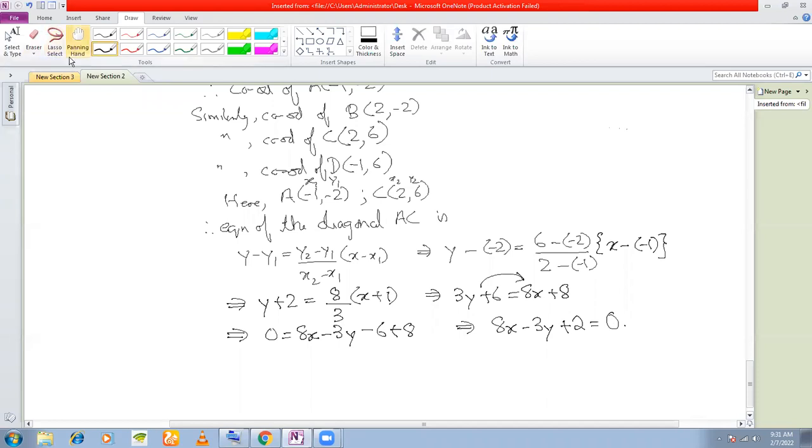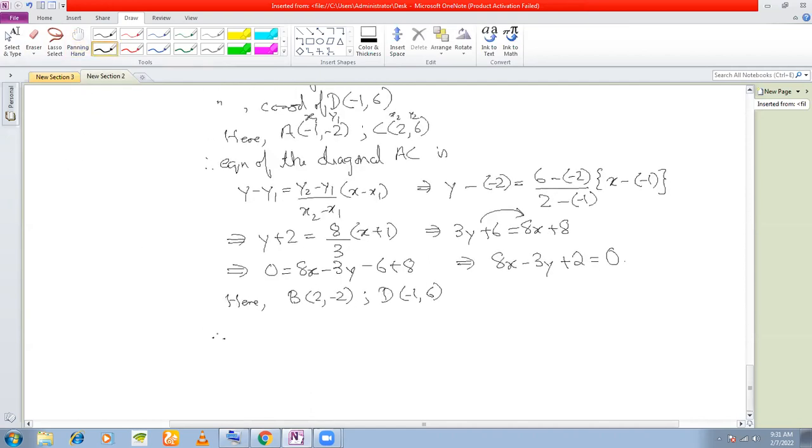You also need to find out the equation of the diagonal BD, right? So write down the coordinates of B and D first. Here B is the point (2, -2), and D is the point (-1, 6), right? So therefore, equation of the diagonal BD